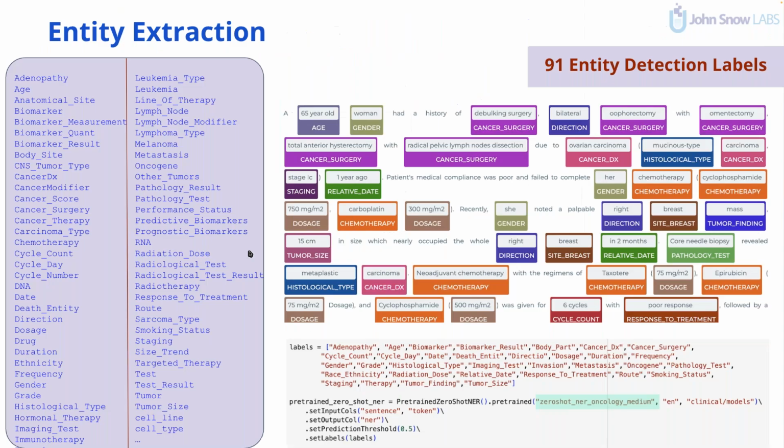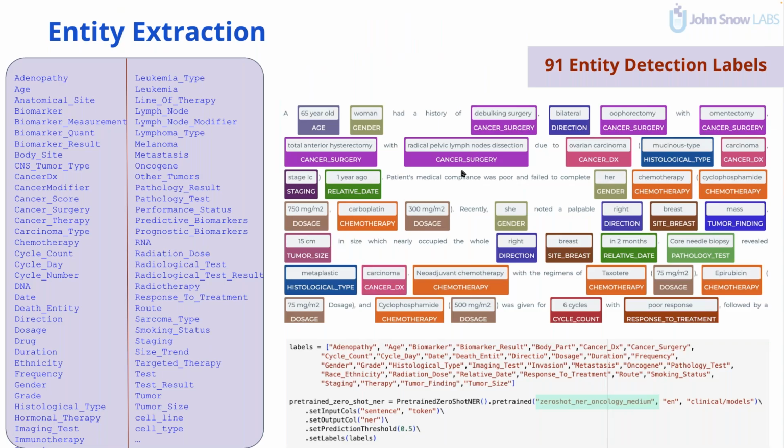And for the entity extraction, we have 91 different entity detection labels. First of all, if you are looking for a specific entity, like for example cancer operation, just go to our model subpage and check the model which has that entity. And if you cannot find your entity, even though we have 91 entity labels, you can also